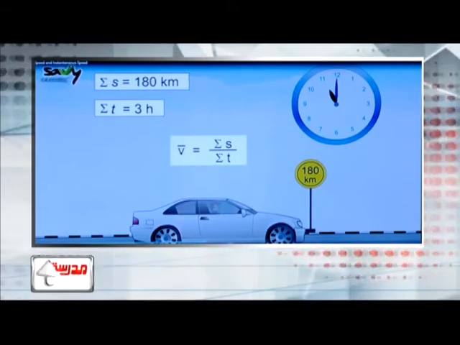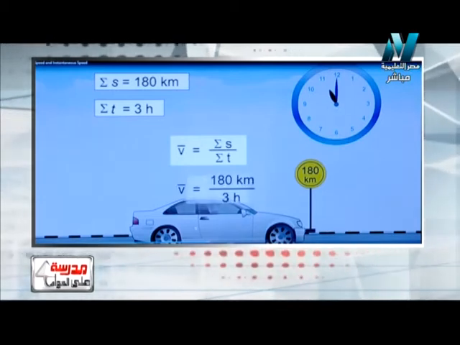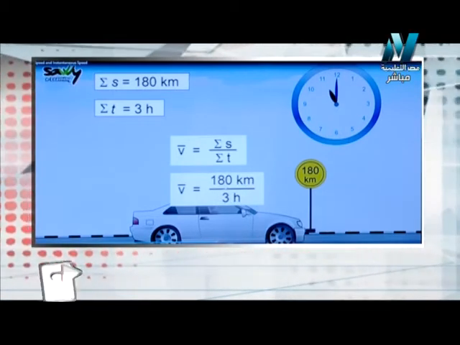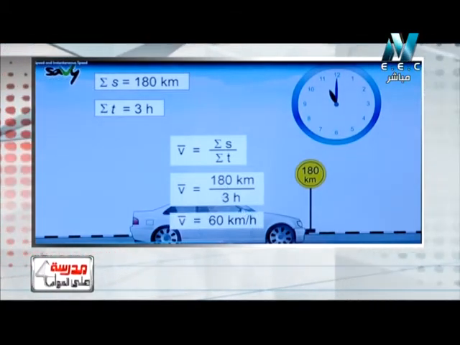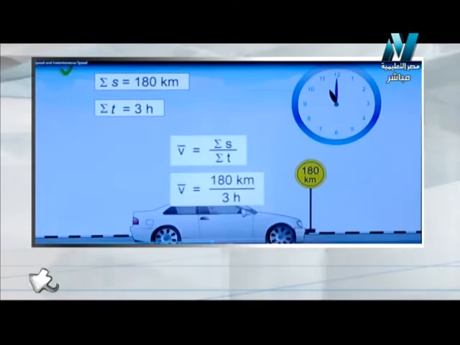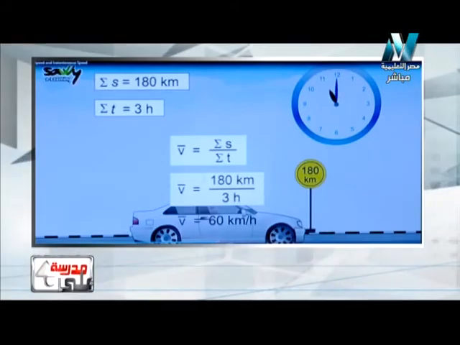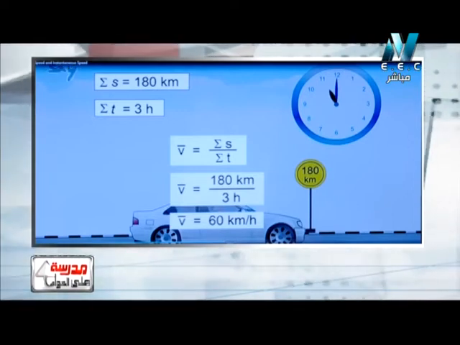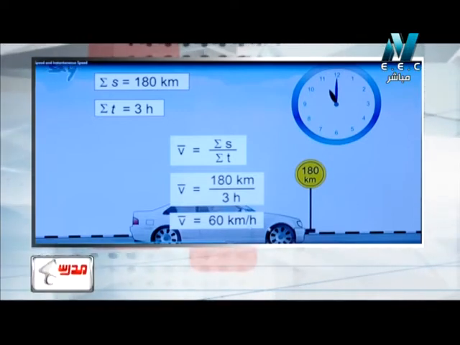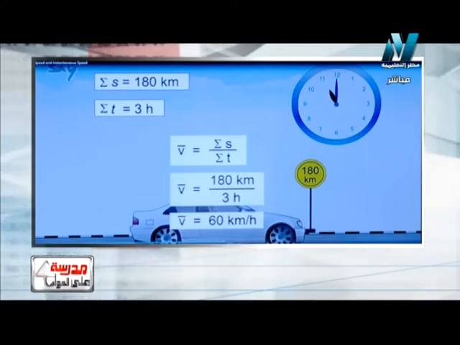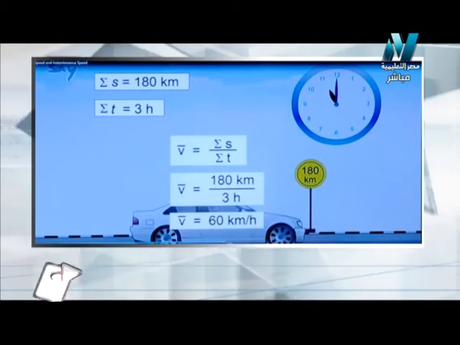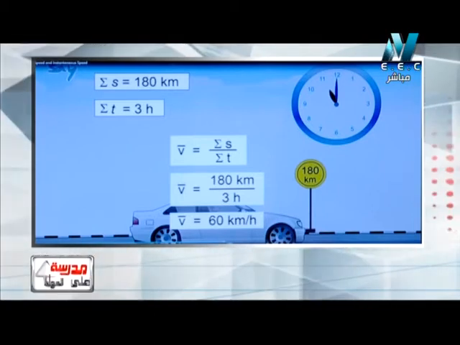So we have to calculate what? We calculate average speed as 100 kilometers over 3 hours. So we can calculate the average speed, as we see again: average speed equals total distance covered over total time taken, which equals 60 kilometers per hour. So, dear students, we now know how we can deal with average speed as a definition and as a mathematical law.